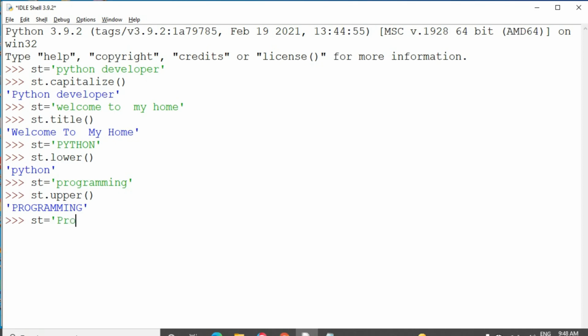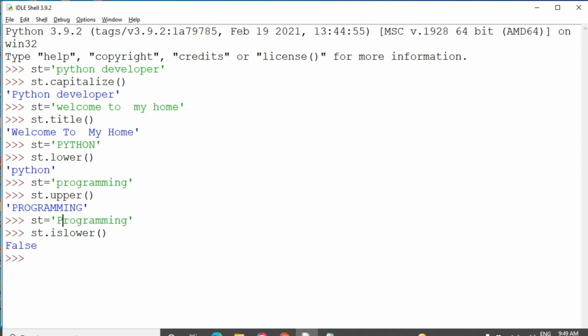I am taking the string "Programming". I am applying the condition st.islower(). It displays false. Why?